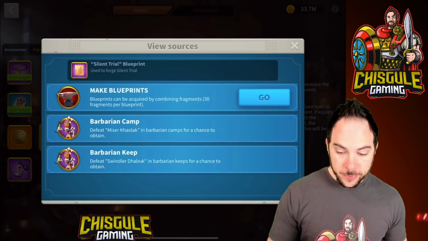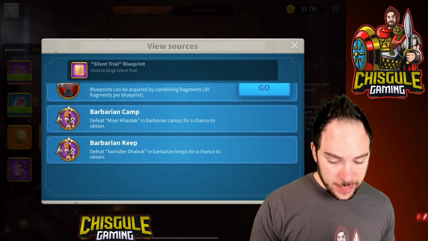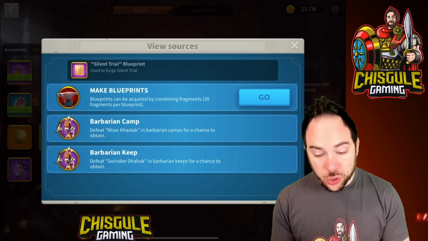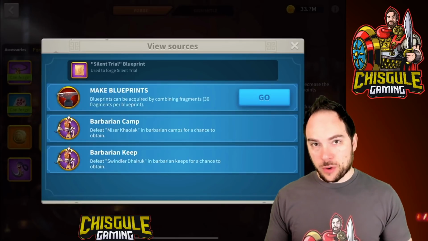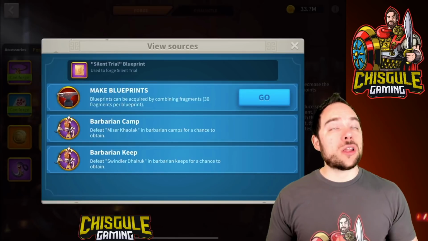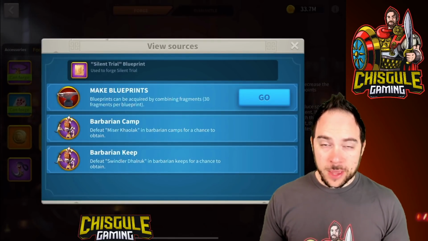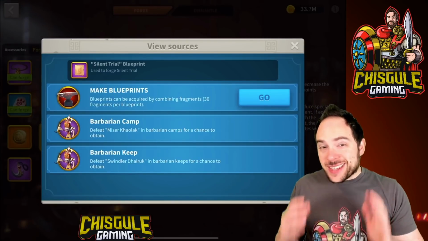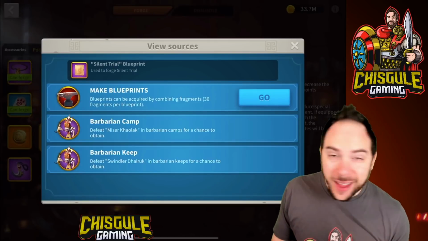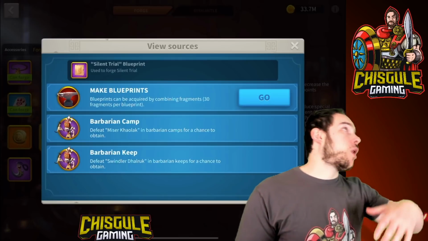Now, I'm going to be honest. I noticed recently they changed the drop table. I haven't seen this at Barbarian Keeps since they changed the drop table. I'm pretty sure you can only get this from Barbarian Camps. You're going to have to kill a lot of Barbarian Camps to get the 30 blueprint fragments in order to make this pattern. That is a lot of Barbarian Camps, and they can only be killed once every 8 or 9 hours,